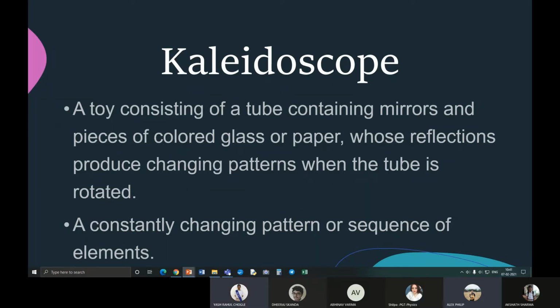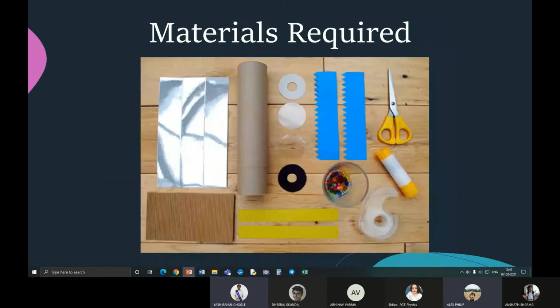A kaleidoscope is a toy that we've seen quite a few times in fairs and stuff. It is fairly simple to make if we try at home. On the next page, you will see the raw materials to make a kaleidoscope. In essence, you need pieces of glass, ideally 3 rectangular pieces of glass. Could be 4, could be 5, it depends on your wish. But the simplest kaleidoscope would use 3 pieces of glass.